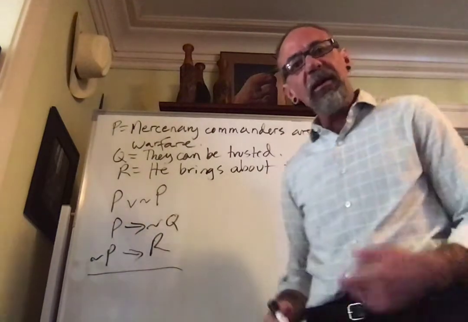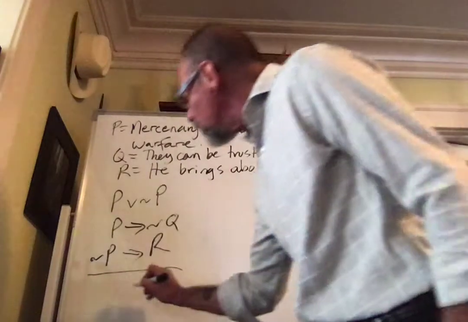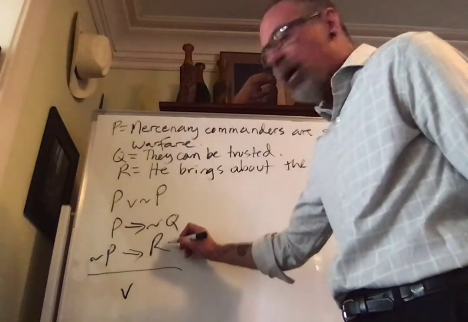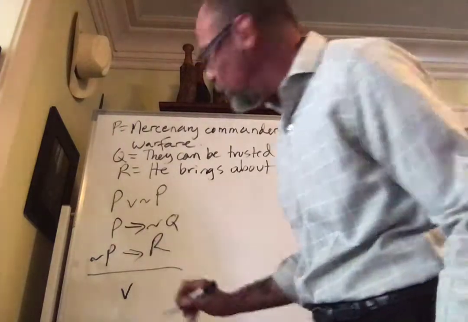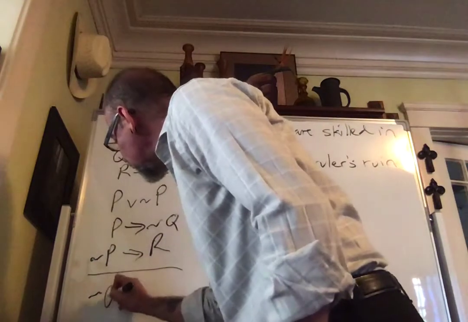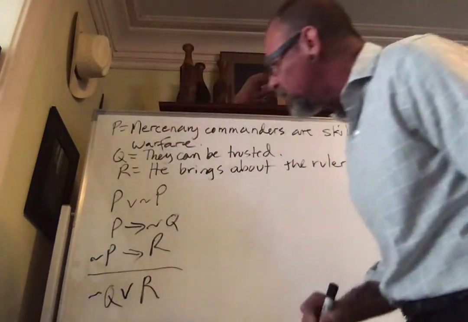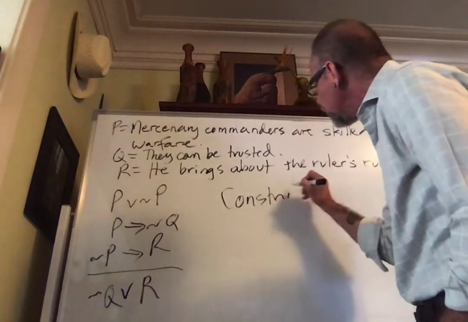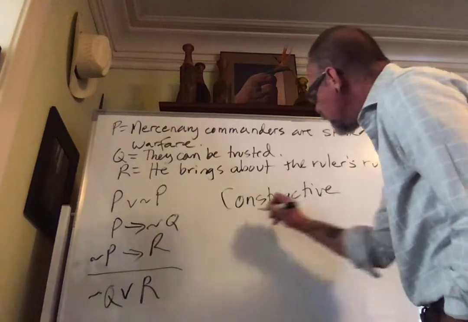How do we form the conclusion? Well, here's how. The conclusion is always another disjunction, and its disjuncts are the consequents of the 2 conditional premises. So in this case, that will be negation sign Q, wedge R. Constructive dilemma is a valid